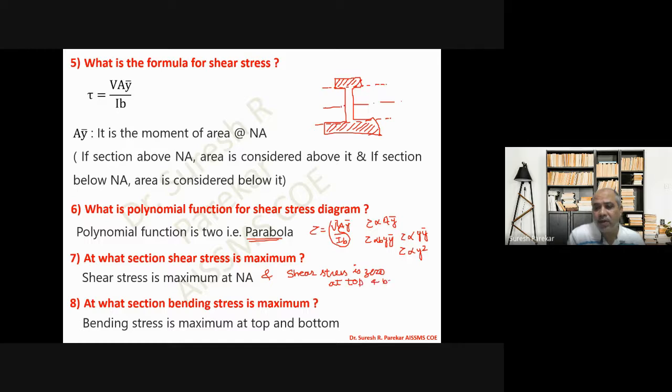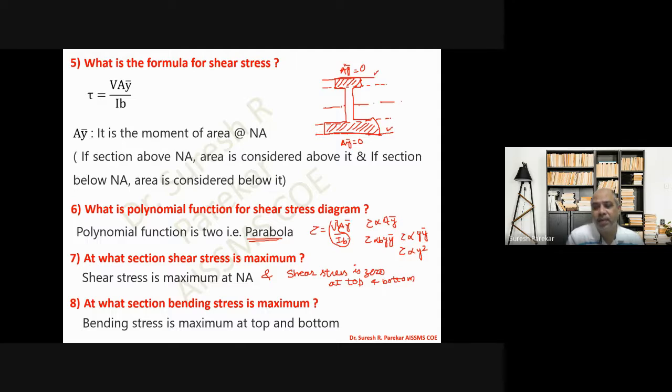Why is it 0 at top and bottom? So you can see this. If I consider the section top, as it is above the neutral axis, we have to take the area above this, and we do not have area above this, we have 0. If it is below the bottommost point, then it is below the neutral axis, so we have to take the area below this, and the area below this we have 0,